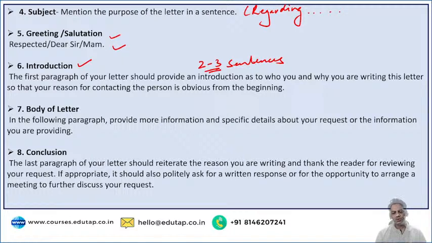Or if you do not want to introduce yourself explicitly, if you are writing in general, for example on behalf of the public, say there's a problem of dengue in the area, you won't be writing "I am this and I'm writing because there are many cases of dengue in my area." Instead, in such a letter, you just start: this letter is written to bring to your kind attention the rising number of dengue cases in this area due to waterlogging and poor drainage systems of the city.